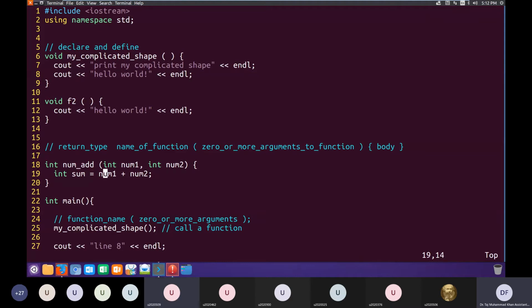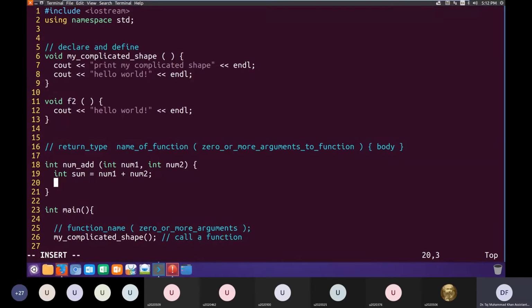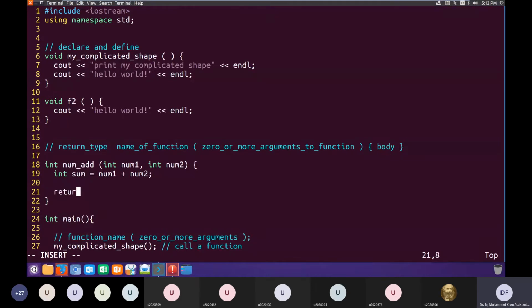Whenever the function is called, it will be given two numbers, which it will receive in num1 and num2. And what this function does is, every time it receives num1 and num2, it will add those two numbers and store the sum in this variable called sum. And now, since this function is going to give back this result, we give the result of the function back with this return statement. We say return sum. Since it is sum that we are going to return or give back, we will say return sum.